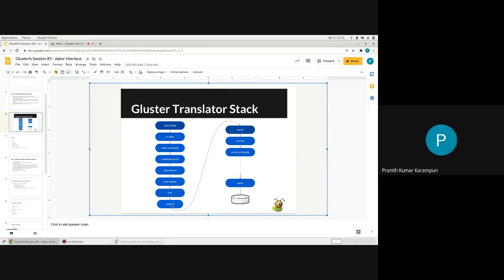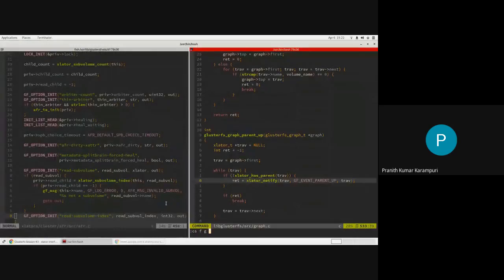Once the parent up event goes till the last translator in the graph, it will do some initialization on its own. For example, in the client translator, it will have one...